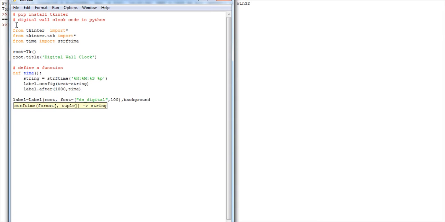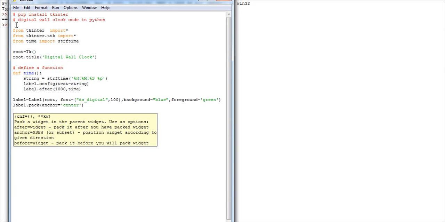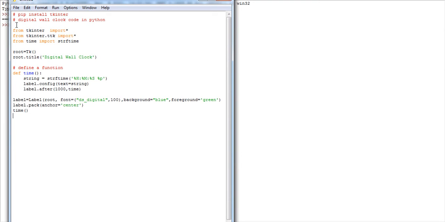background equals to blue, then foreground, foreground is equal to green, and close. Then label.pack, anchor equals to center, then time execute, then call mainloop,